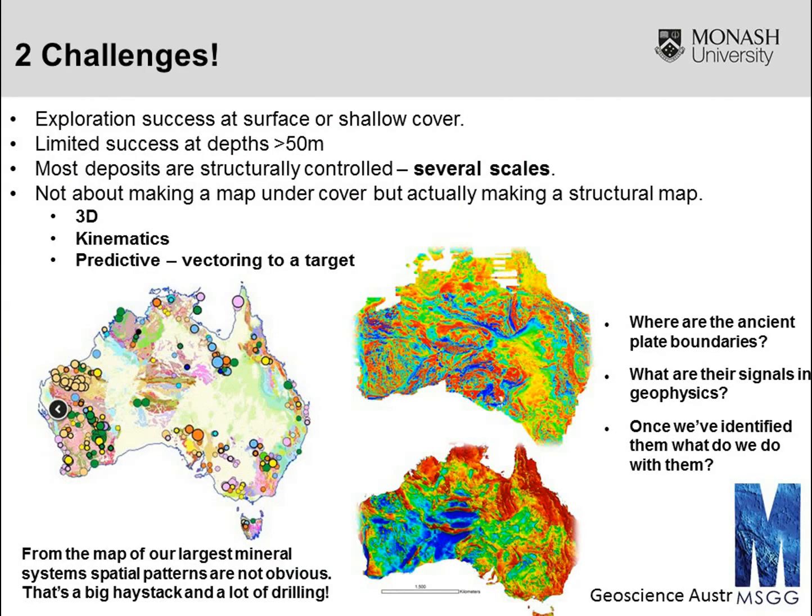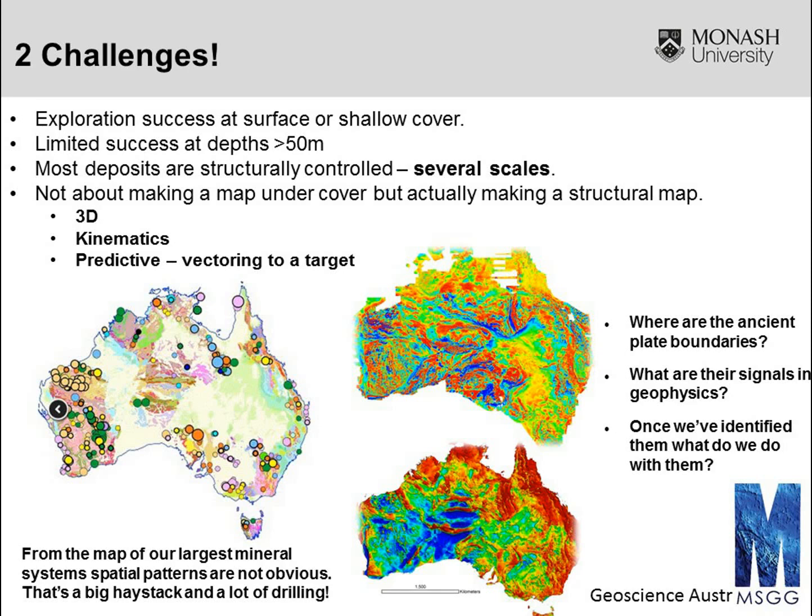We have two challenges in Australia. We're really good in Australia at finding ore bodies that the old guys found in the 1880s and just upgrading them. We're also good at finding ore bodies that exist at 50 metres depth or above. You're hoping I was going to say below, but I don't. And then as we get deeper, we get worse. We do have our flagship deep ore deposit, which Stefan talked about, which is Olympic Dam. It's a massive ore deposit, many of you will know that, and it's at about 350 metres depth. So that's our one deep